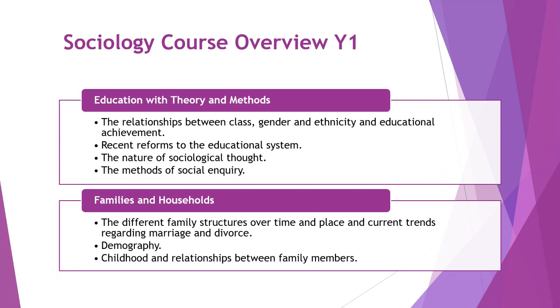As you can see, in the first year, we look at families and households, and we also look at the study of the education system. I'll give you a couple of examples there to illustrate that. For example, when we look at the family, we will ask questions and examine the evidence and arguments and theories on why, for example, divorce has risen. Why do fewer people get married? Why are there increasing numbers of people living together and not being married? We'll also explore conjugal roles, which is who does what within the household. For example, who does the cooking, cleaning, who's looking after the children? Is it the man's role or is it the woman's role?